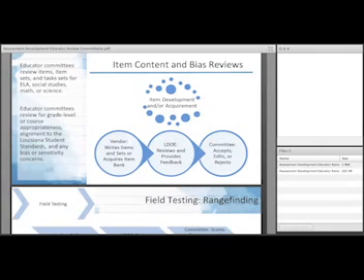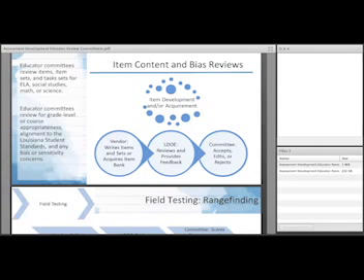We want to make sure that there's nothing in an item that's going to disadvantage any particular group of students, or that might be sensitive to students and cause them to not perform well on the item for reasons that have nothing to do with their actual skill. So committees will review the items for that.